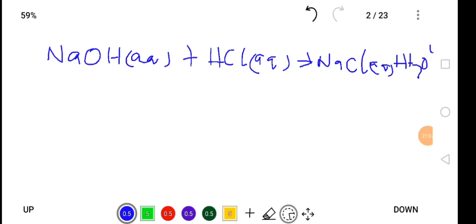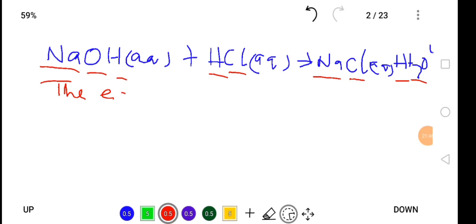When you check the number of sodium atoms on the reactant side, we have 1. On this side we have 1. Oxygen we have 1, and this side we also have 1 from water. Hydrogen we have 1 on the hydroxide and 1 on the acid, so we have 2 on the reactant side. On the product side we also have 2. The chloride we have 1 and we have 1,